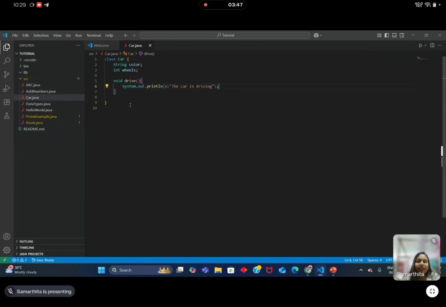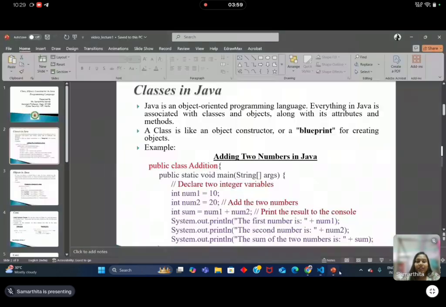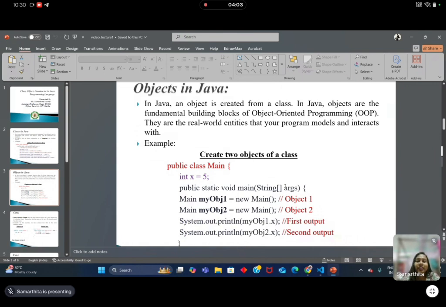But it will not run. The output will not come. Now we will move forward to the concept of an object. So what is an object? In Java, an object is created from a class, and objects are the fundamental building blocks of object-oriented programming. Basically, they are the real-world entities that your program models and interacts with.